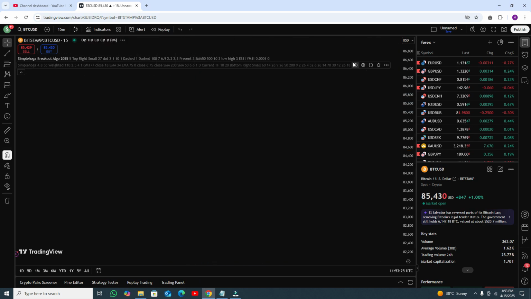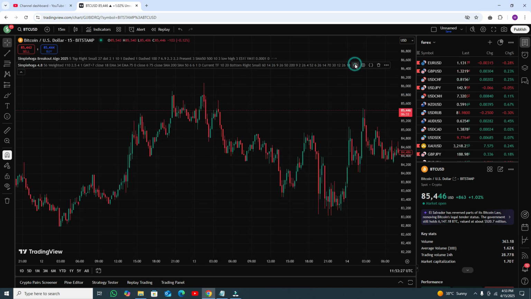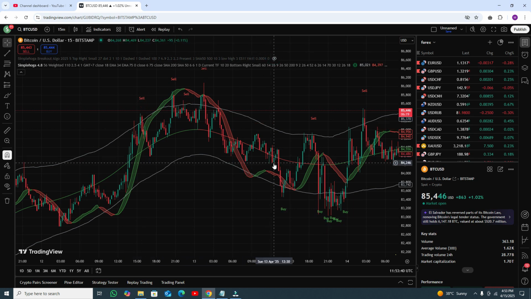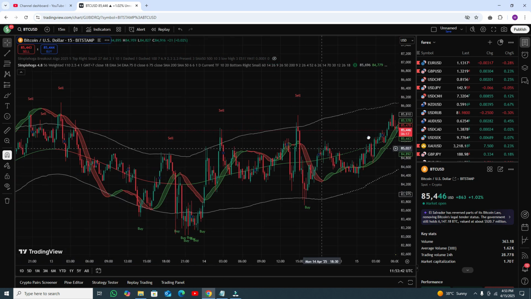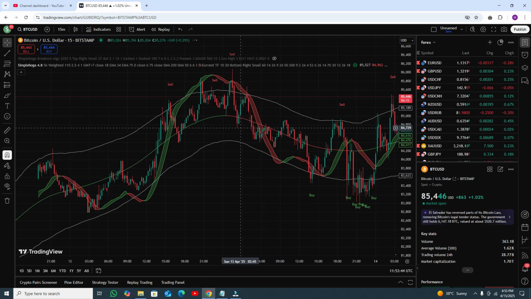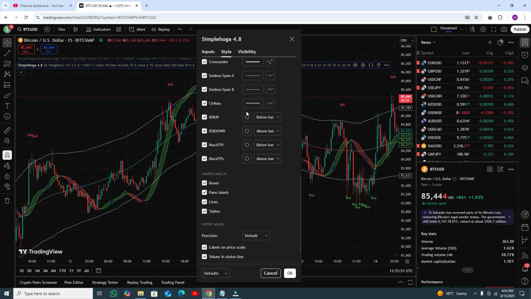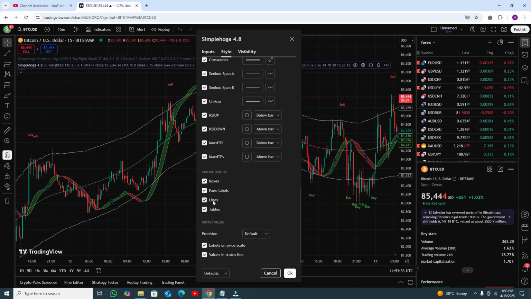So if we show one more indicator here, the second indicator will look like this one. Now this is your breakout signal. Let me show you the second indicator. The second indicator will give you a lot of buy and sell signals. There are a lot of fake signals. So first we need to hide these signals. Go to the settings, style, and uncheck the